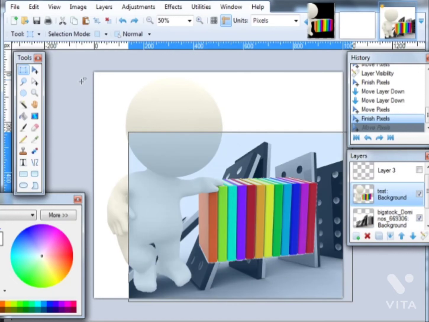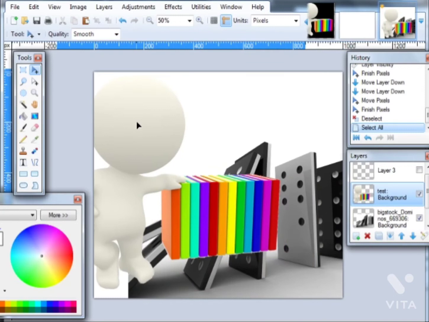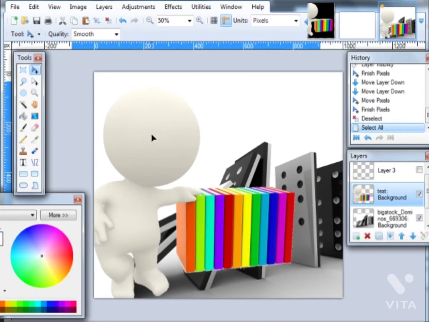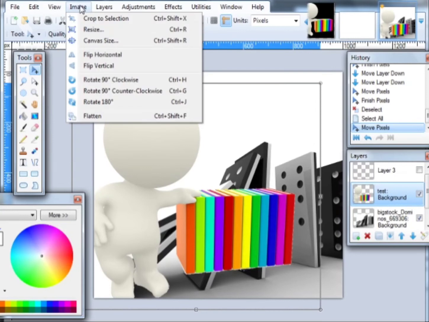And remember to select the selection box and then go back here, and then you can move them around. So one thing I could do is I could even tweak it so that it looks like he's tipping over these dominoes. And to do that, as long as your layer is selected, I can zoom in,